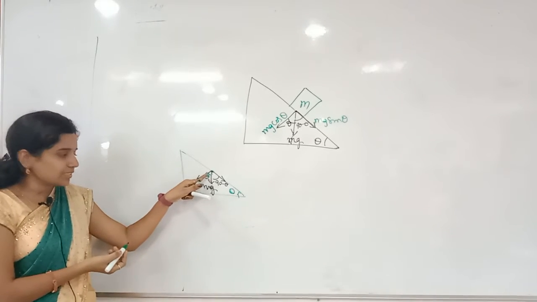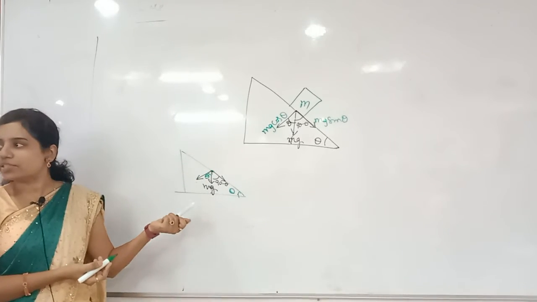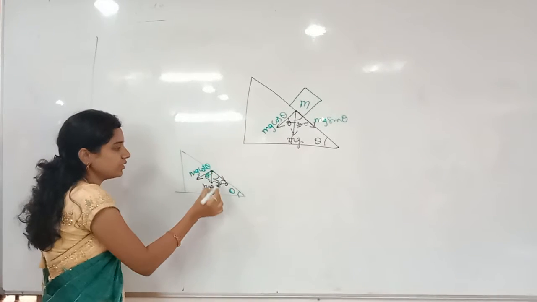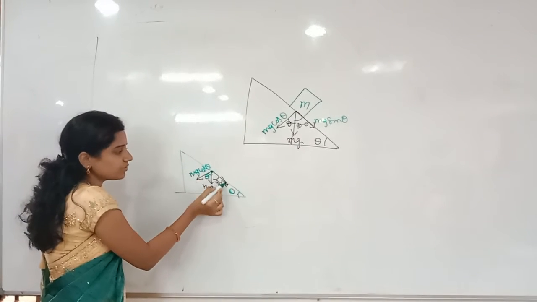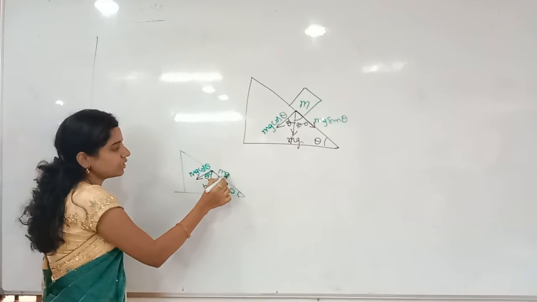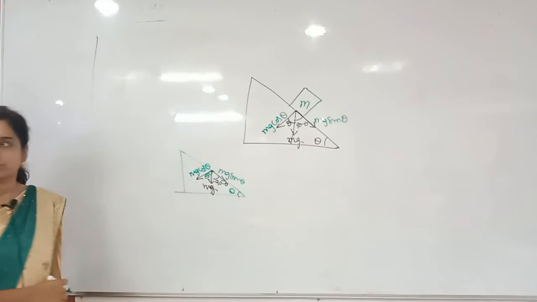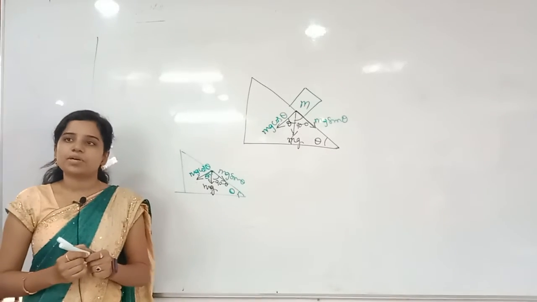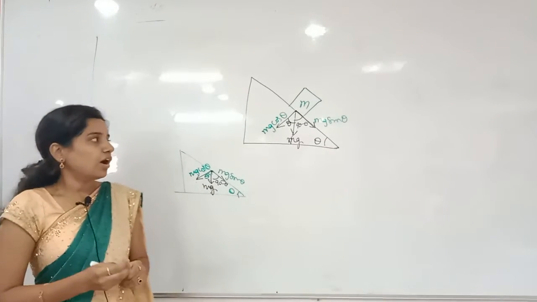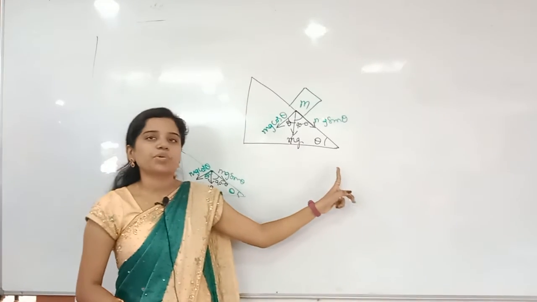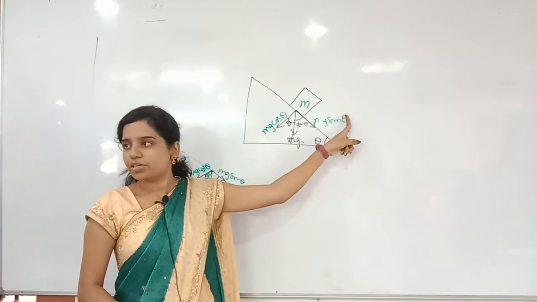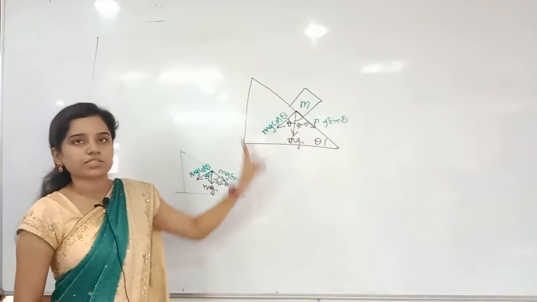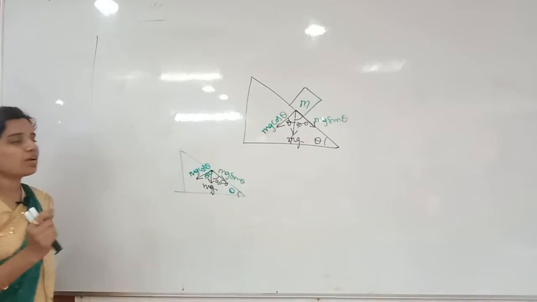Now this is mg, this is theta, so this line touching theta is the adjacent side, and I can write this as mg cos theta. Then the other one will automatically be the opposite, mg sin theta. Now you understand the angles, right? Always remember, this is very important. Along the inclination, the sin theta component will be there. Perpendicular to the inclination, mg cos theta. Now where will the normal reaction be?